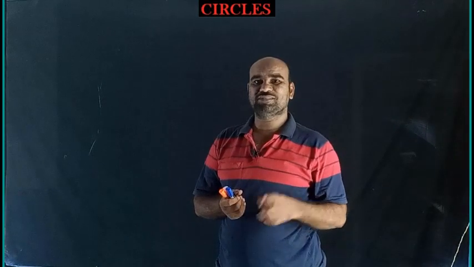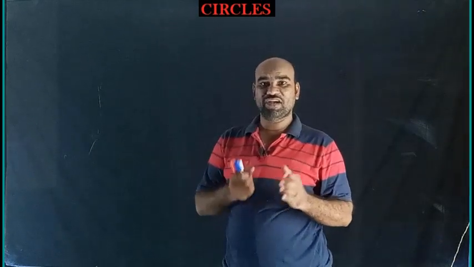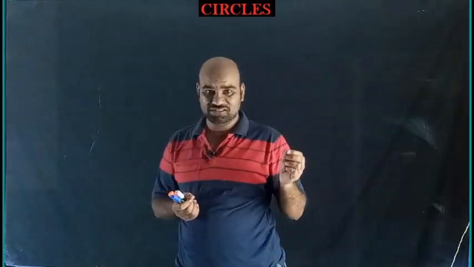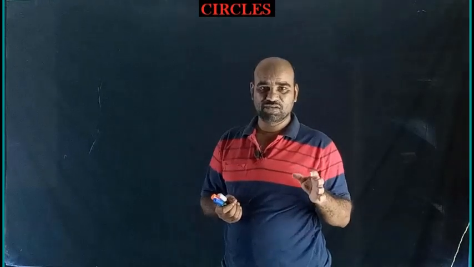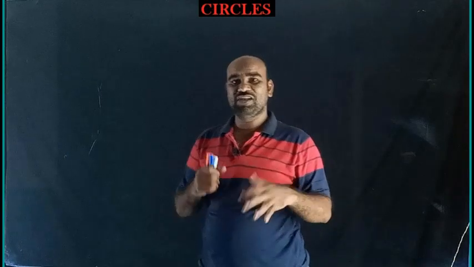Today I am going to explain some problems based on our previous concepts. Previous concepts means different types of circles: basic circle, standard circle, general circle, diametric circle, parametric circle. Okay, concept of equation of tangents, slope form of a tangent, point form of a tangent, concept of normals. Based on this, I will explain some interesting problems.